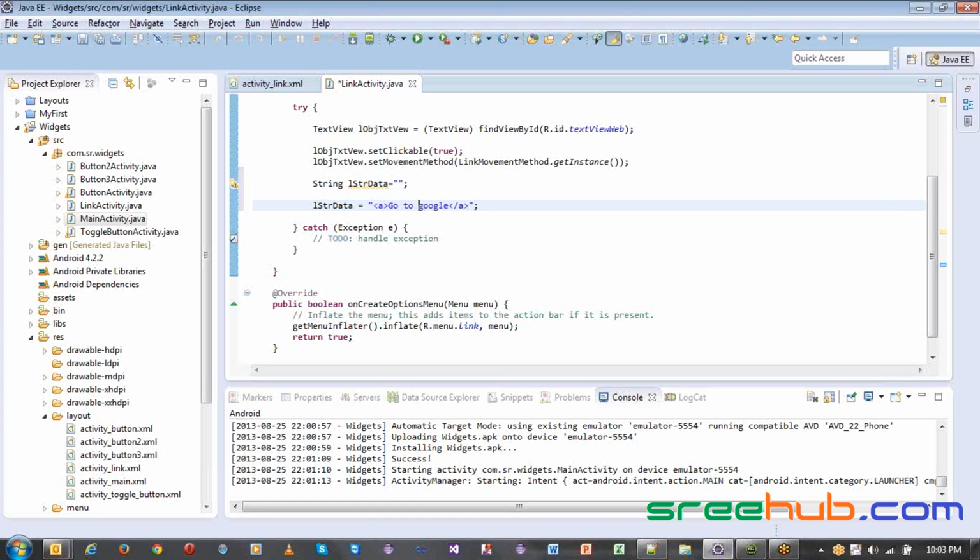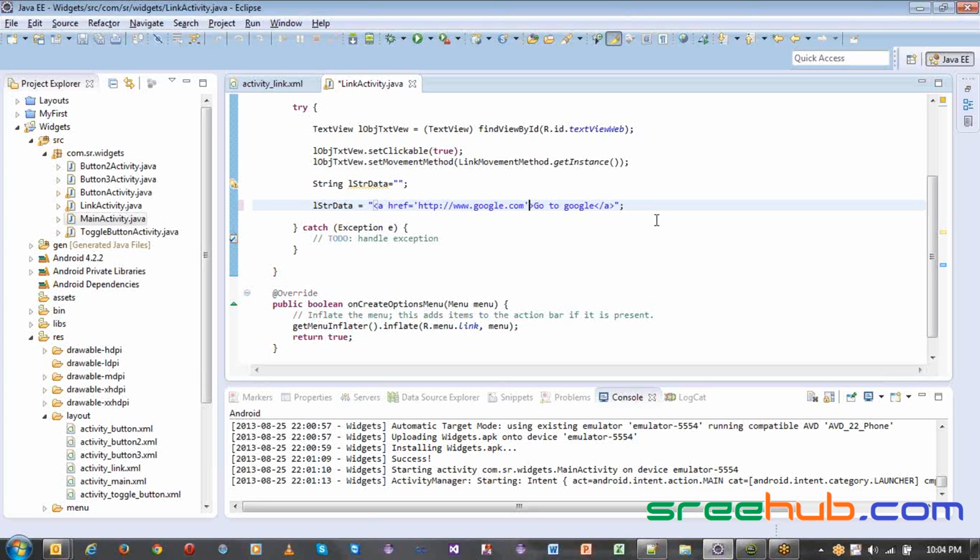In href, hypertext reference, here I'm going to give the URL, which is http://www.google.com. So I've just made a simple HTML pattern here, this data, and now we have to set this